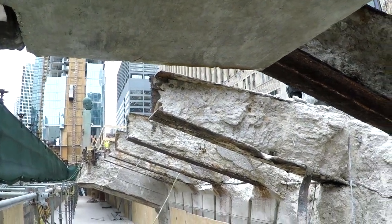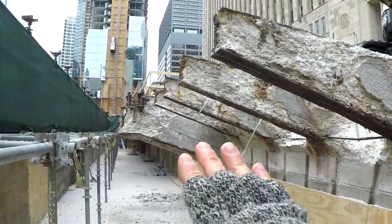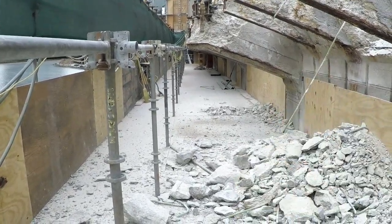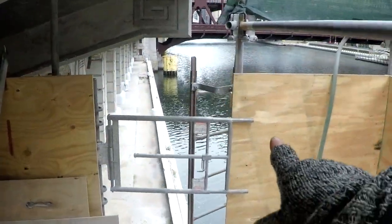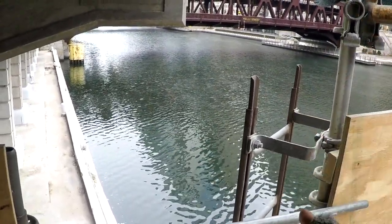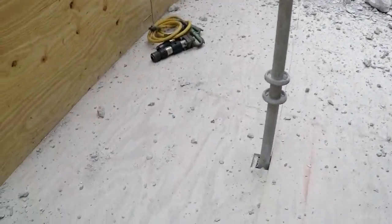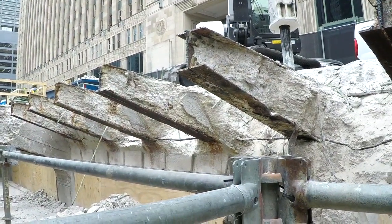This week's Safety Toolbox Talk is on a couple of topics. What we're doing here is a massive demo project on a supported scaffold, but guess what? This supported scaffold is cantilevered out over water. So we've got the maritime standards of OSHA, the 1915 standards that require safety particulars for working over water. And then we've also got our general construction industry standard, where we've got a massive demo operation going on here,